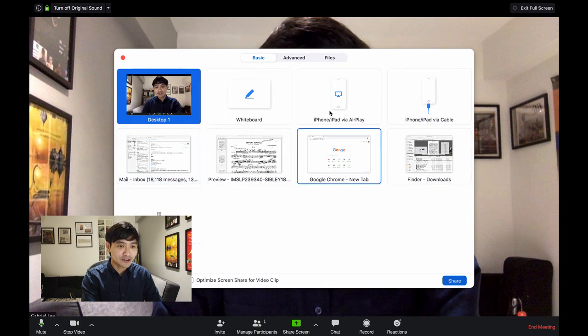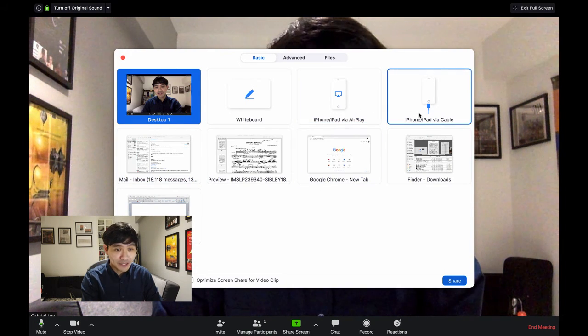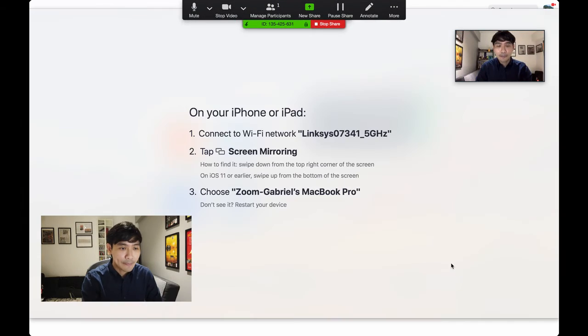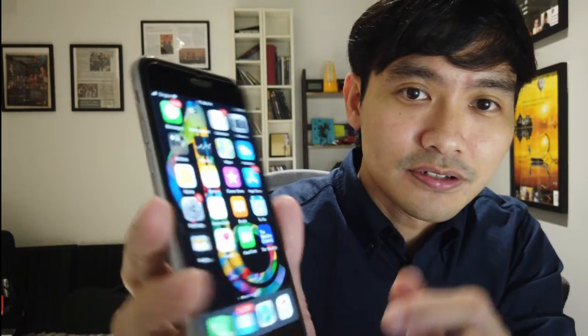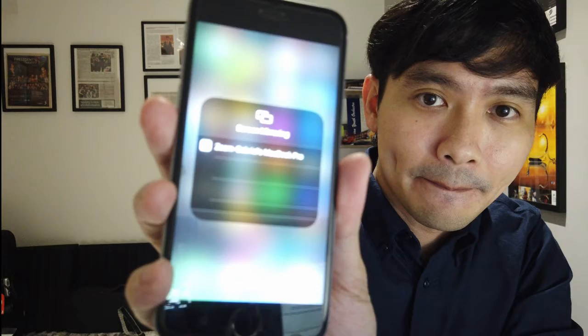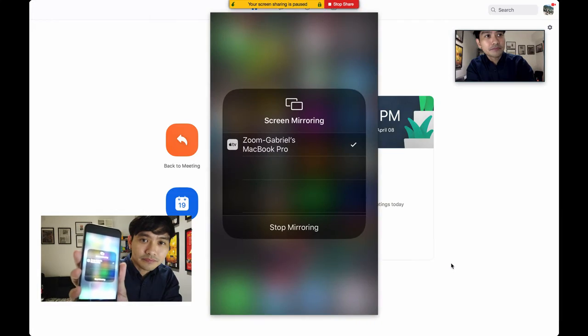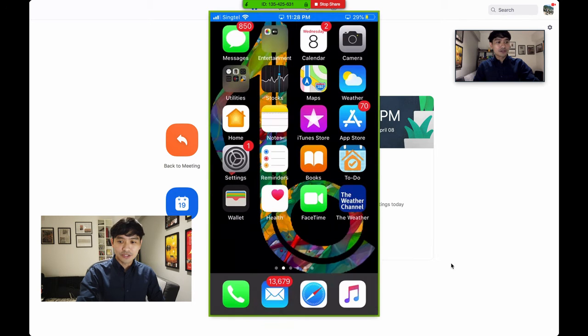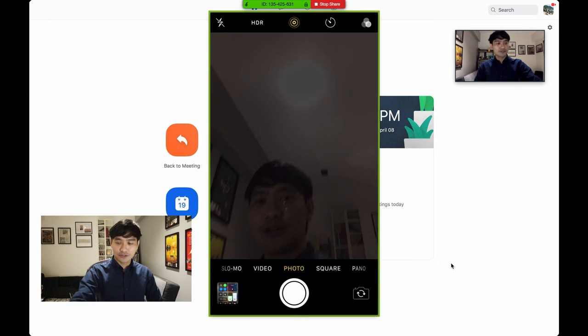In my previous video, I showed you a multi-angle view of my piano, and there are 2 ways that you can do it. The first is via sharing screen of your iPhone or iPad via either AirPlay or cable. And since this is a little bit more complicated, I'll show you how to do it via AirPlay. So you share it, and then on your iPhone screen, you can just enter this screen and basically click screen mirroring, and then click on your laptop, and then immediately it will mirror your iPhone screen. So what you can do is you can click on the camera to get an alternate view